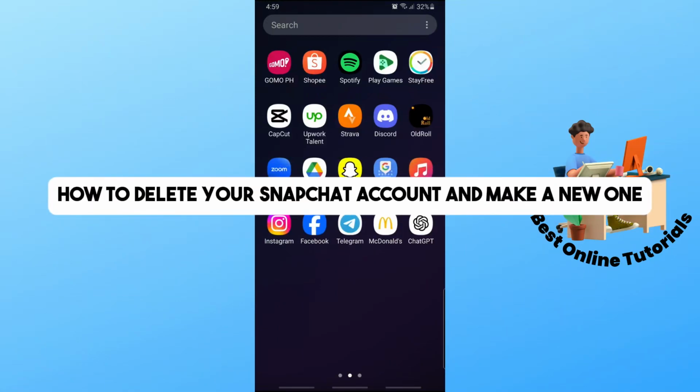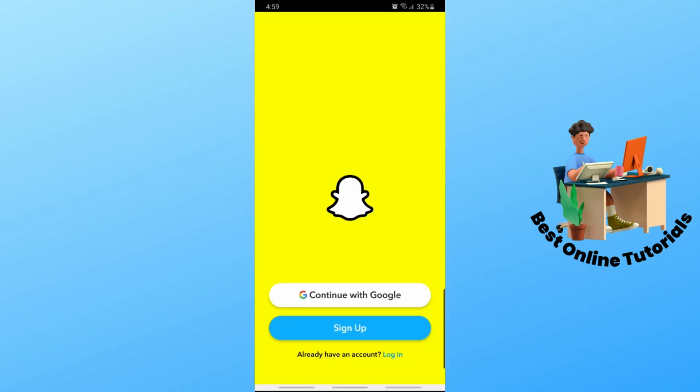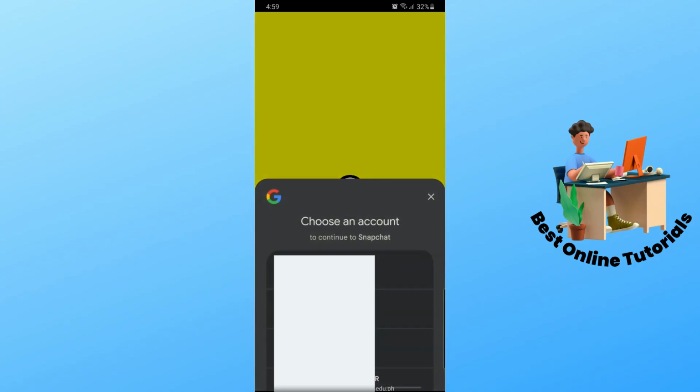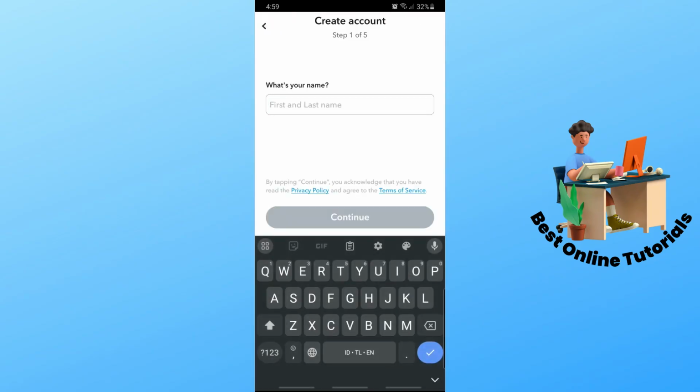This is how to delete your Snapchat account and make a new one. So first thing that you will do is open the Snapchat application on your device, and from here you will have two options. You can either continue with Google. When you tap on continue with Google, you can just simply select an account, and from there you'll be able to create an account automatically, or you can just simply tap on sign up, which you will manually add